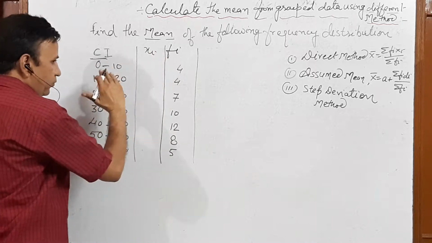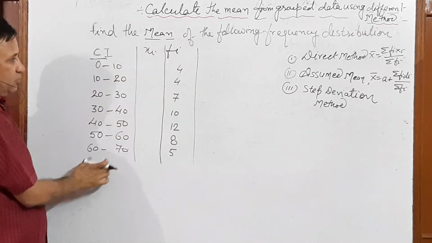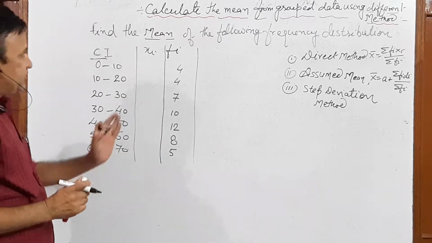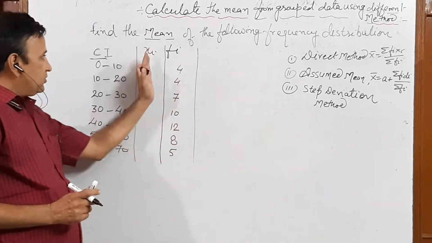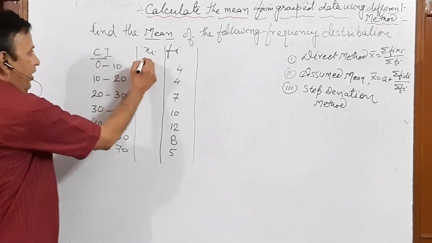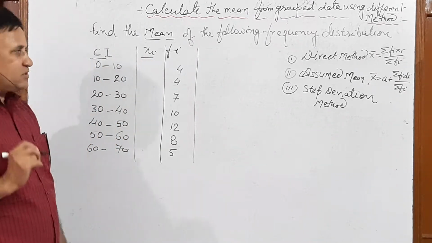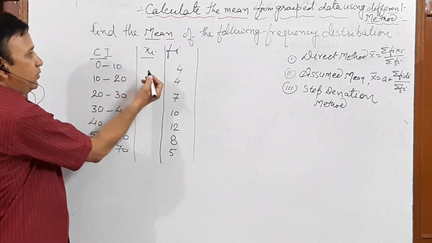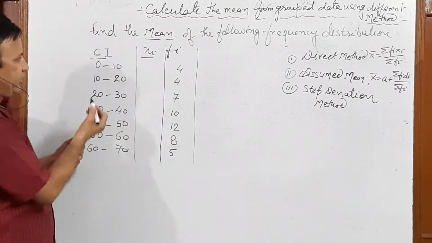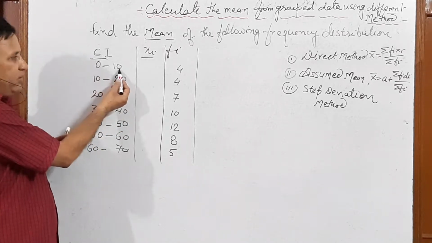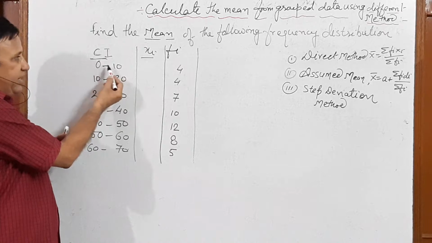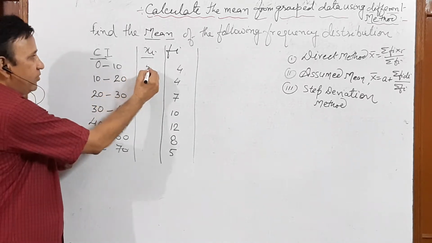Write it very close to the class interval, and you will find it easier to do the calculation. Note it: instead of writing xi elsewhere, write it just near the class interval. Then what is xi? You know from your previous class, xi means the mid value or class mark, and it is very easy to find. Simply, using common sense, it is in between them. It means lower limit plus upper limit, divided by 2. 10 by 2 means 5.